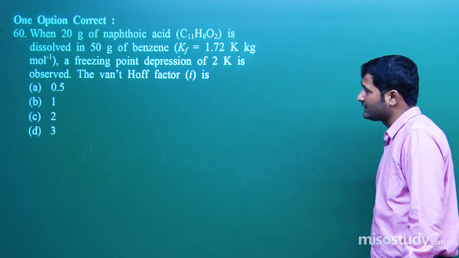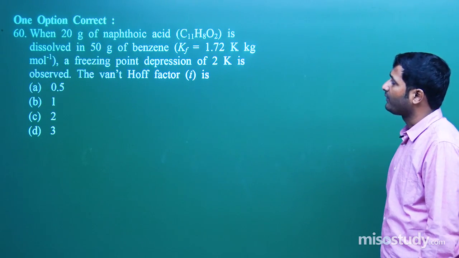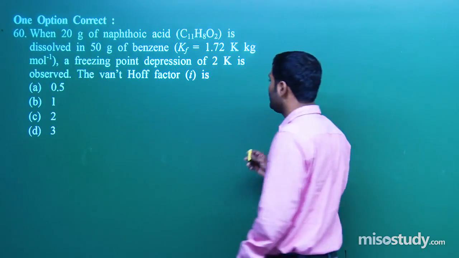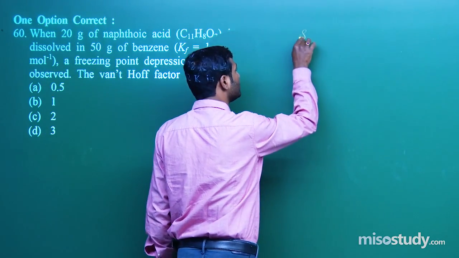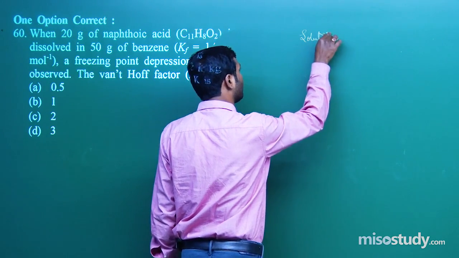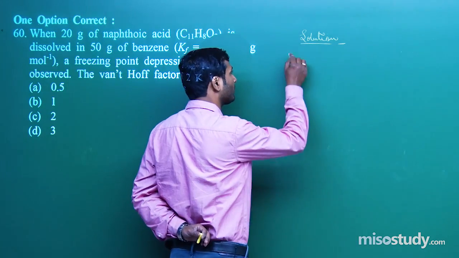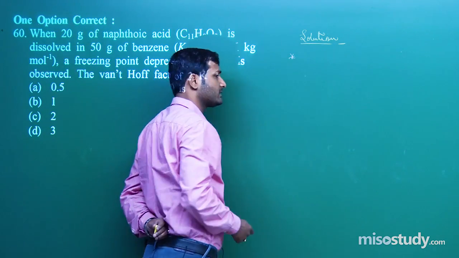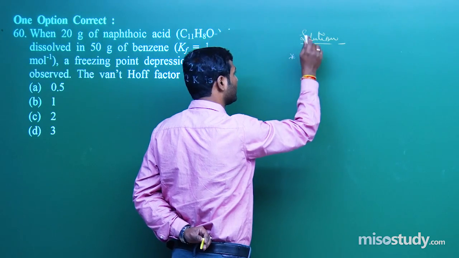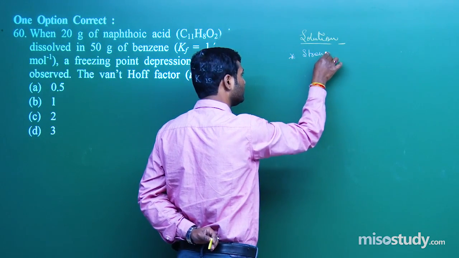Question number 60, this is one option correct, and I have taken this question from the chapter Solution, Class 12, chapter number 2. Solution is one of the most important chapters of physical chemistry. In this chapter, you have to clear out the things that are completely calculative type. First of all, in the Solution chapter, you have to check the strength